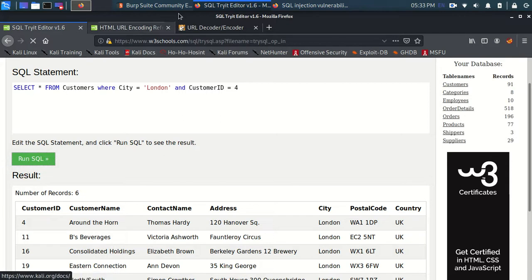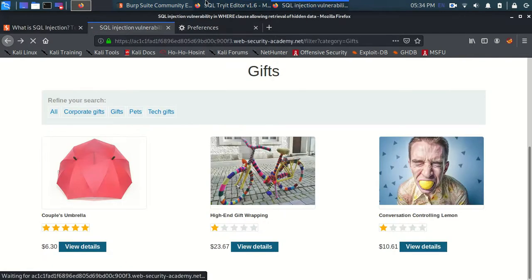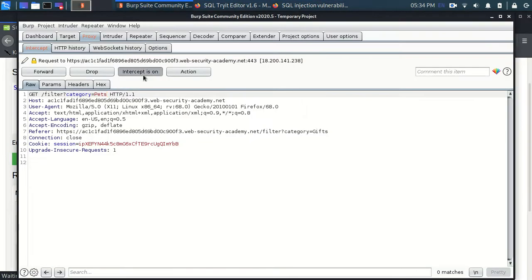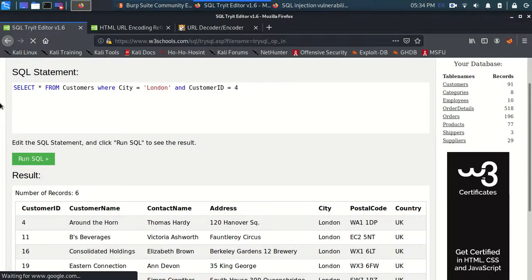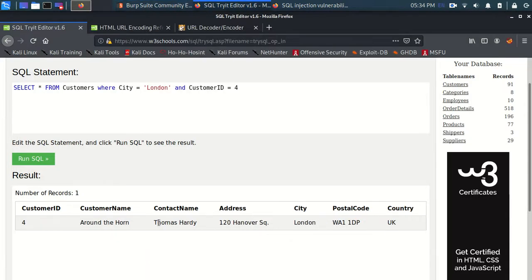Okay, my Burp Suite is blocking the request, and let me run this, and you can see that there is only one result now. Now you can just imagine customer ID as release, that is release equal to 1, then only it will show. So now what I want to do is I don't want this release equal to 1 or customer ID equal to 4 to work.